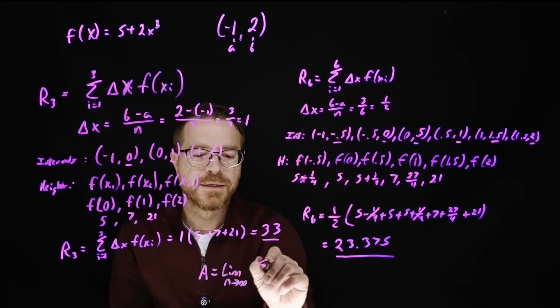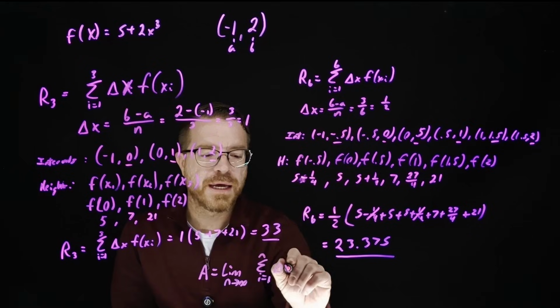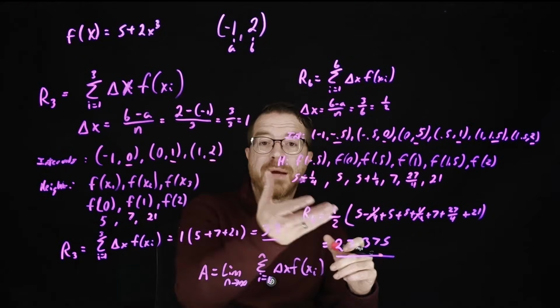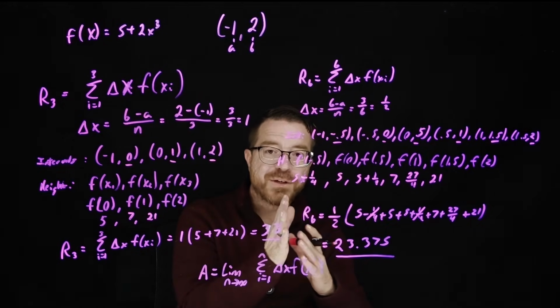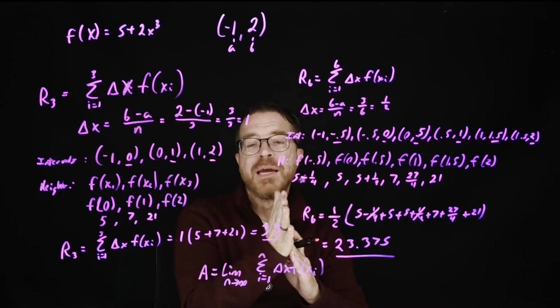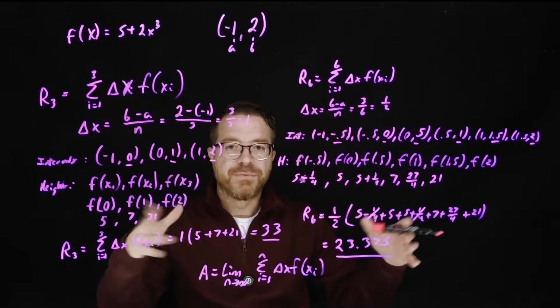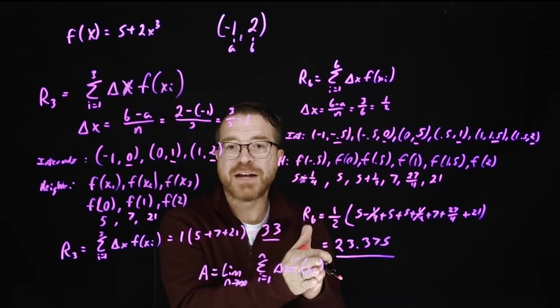infinity, sum i equals 1 to n, delta x, f of x sub i, where I'm basically doing what I'm doing right here, except I'm going to take more and more subintervals until the width becomes equal to 0, and I'm going to get an infinite number of infinitesimal rectangles to actually zero in on the actual area